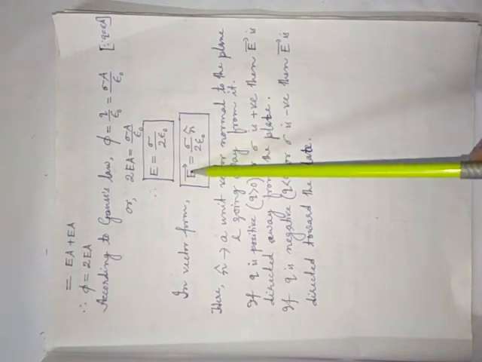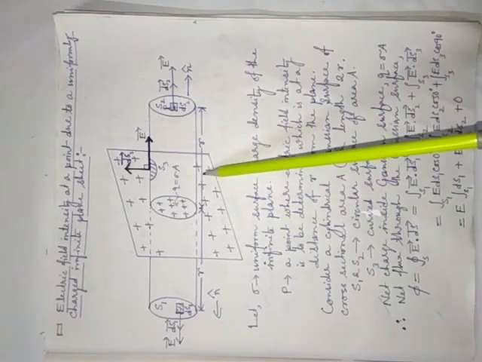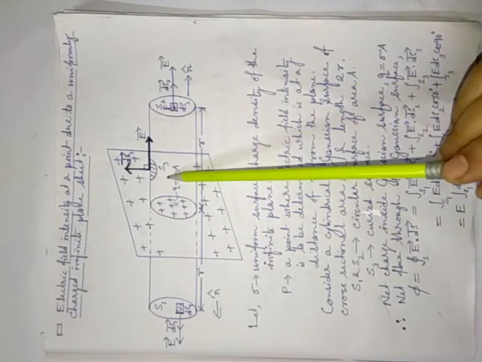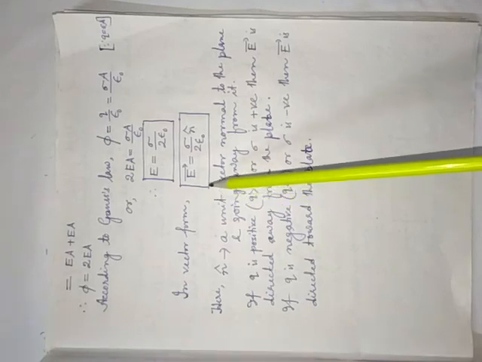Now if q is negative, that means q less than 0, or sigma is negative, then you will get a negative sign here. In vector terms, negative means opposite. That means E vector and n cap will be opposite to each other. Since n cap is always in the outward direction, E vector will be in the inward direction. That means if this plate were negatively charged, then the electric field would be in the inward direction. This is the thing you have to remember. This topic is particularly important for the derivation part of the exam, for 2-3 mark questions, and this formula you have to remember for numericals.